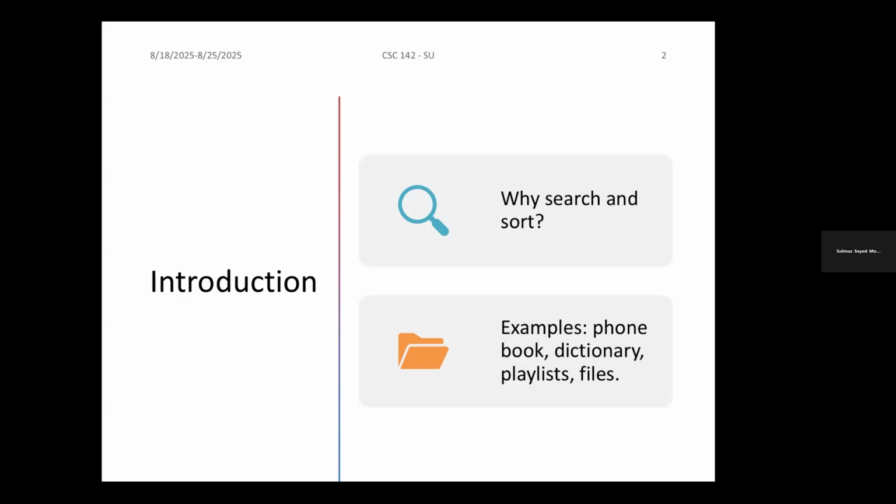For example, we might search a phone book for a person's phone number, or we want to sort a list of students' grades based on their student ID or student name.